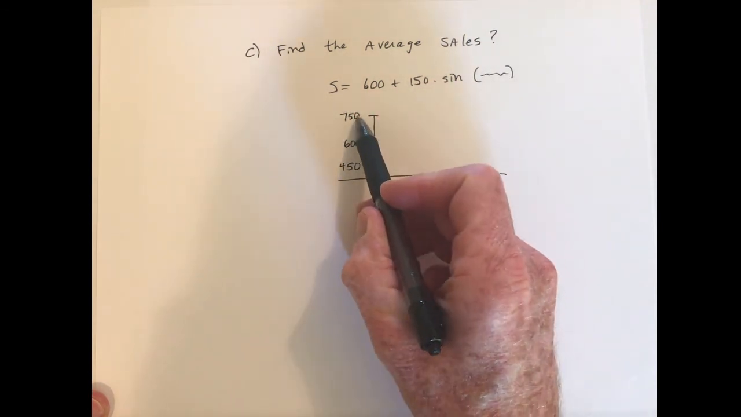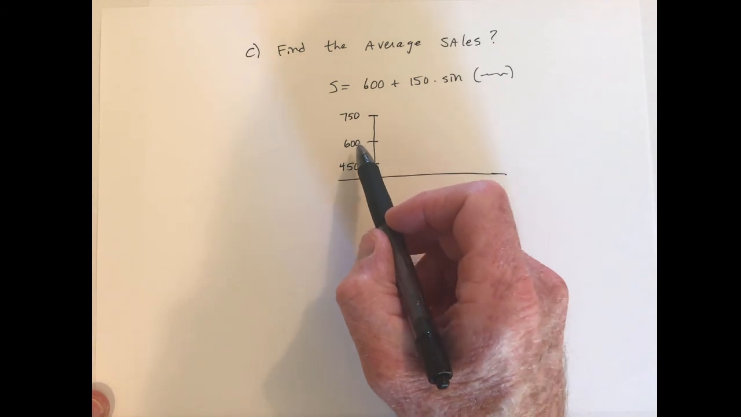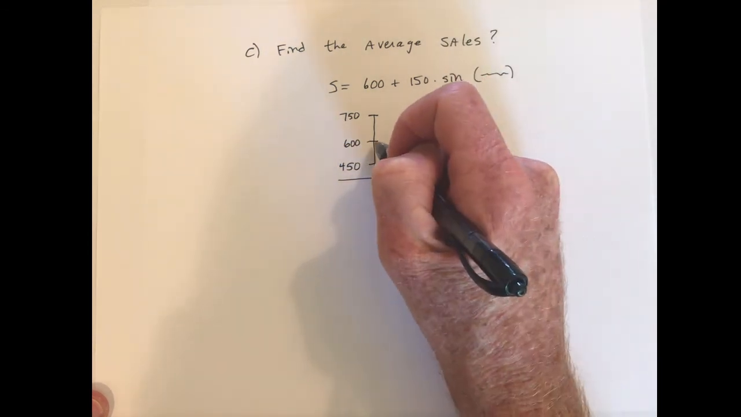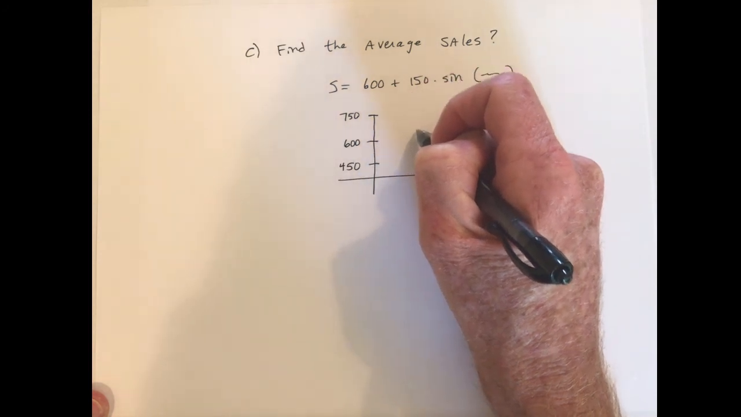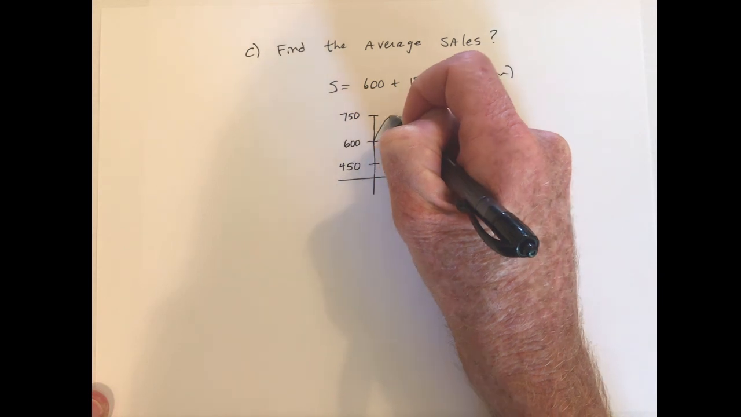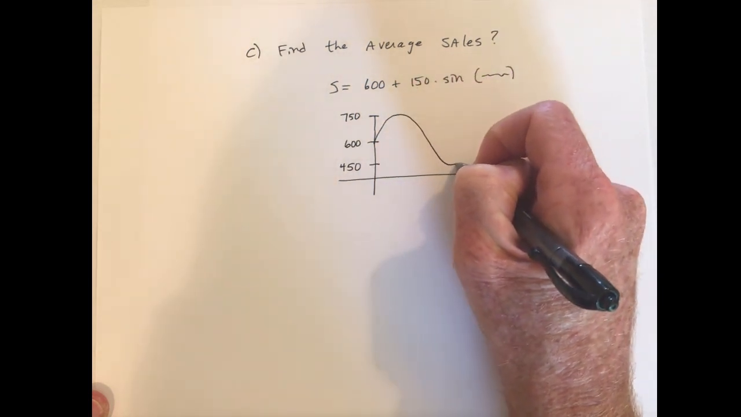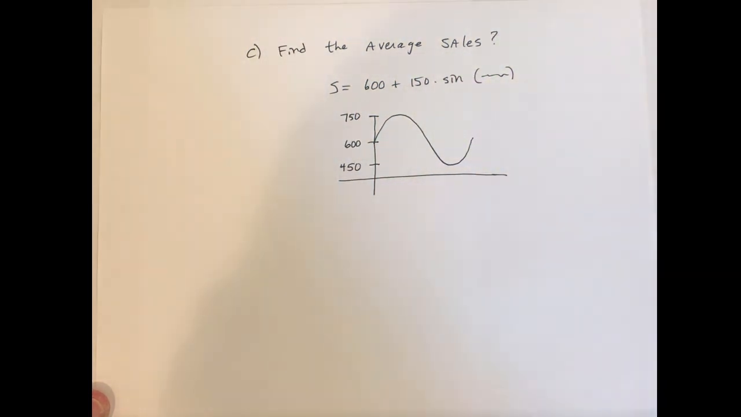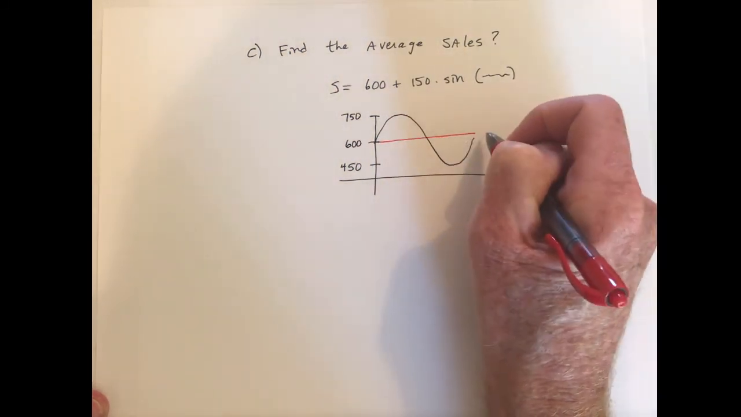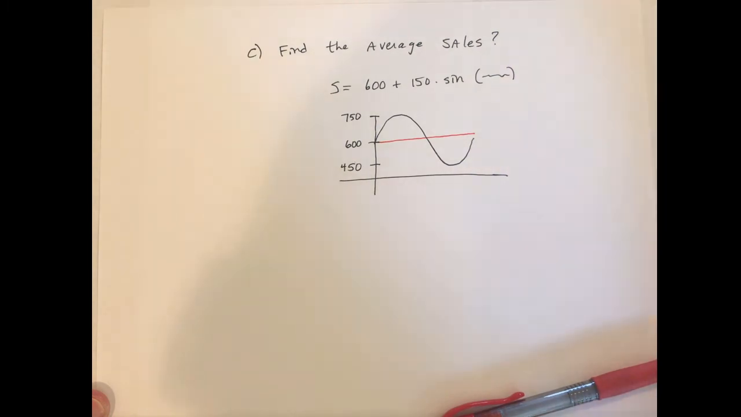And then it'll go up to 750. From 600, it'll go down by 150 to 450. And then since it's the sine function, it's basically going up and down like this. So this isn't the exact graph, but it's good enough to understand what's going on. So the graph is like this. The idea of the average is it's supposed to be in the middle. Well,